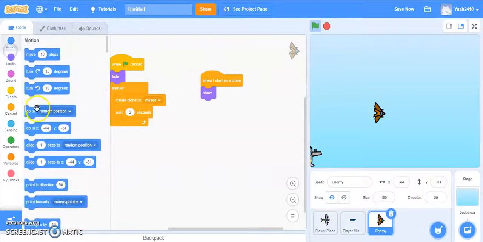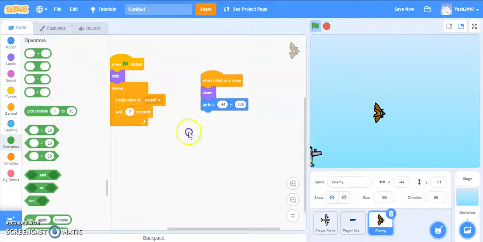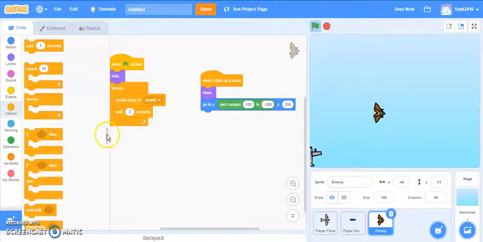And we want it to go to Y. What's the Y position of the plane? Well, that's negative 150 for the plane. Well, I don't think we can do negative 150. Let's put it 200 because we want it from the top of the screen. And X, we want it from a random position, 180 to negative 180. And we need a repeat until